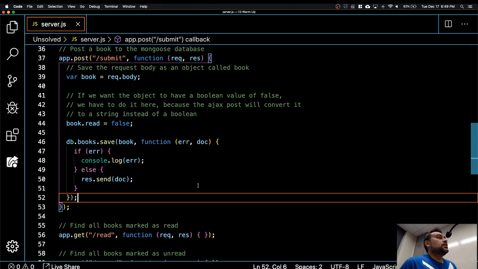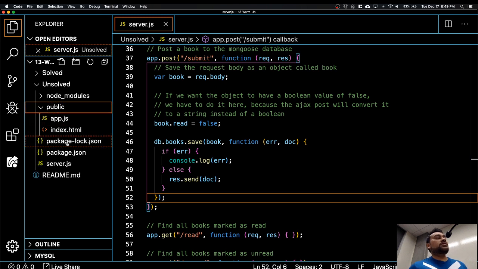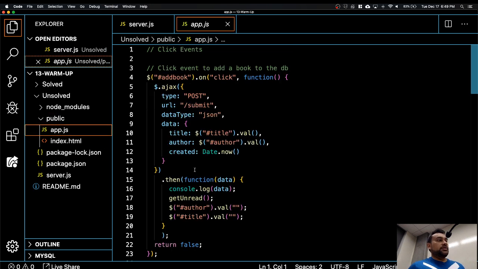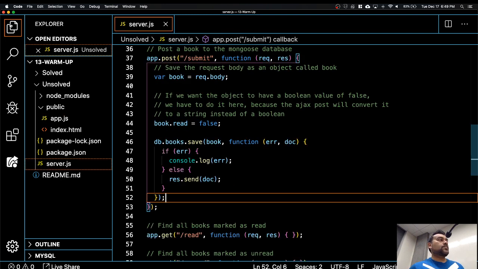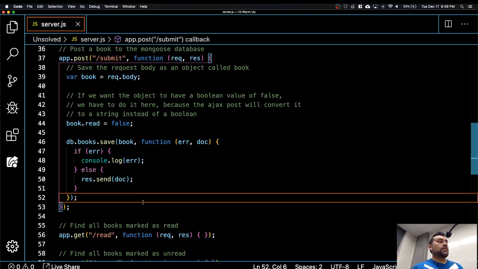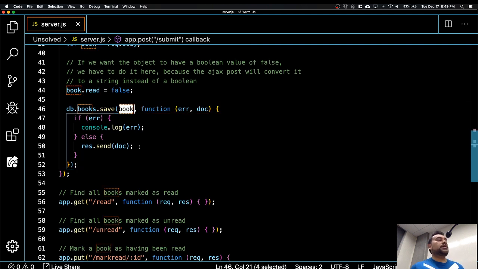So save, the first argument is going to be the object or the document that you're trying to save, which is book, which we declared on line number 39. Okay, which is coming back from our UI. If you look in the folder, there's a public folder. It has all the JavaScript and all. They are calling, oh, there it is. So they are calling an object with title and author, and looks like a date as well. Okay, so you call the save function, pass in the object, and this should go ahead and insert in your